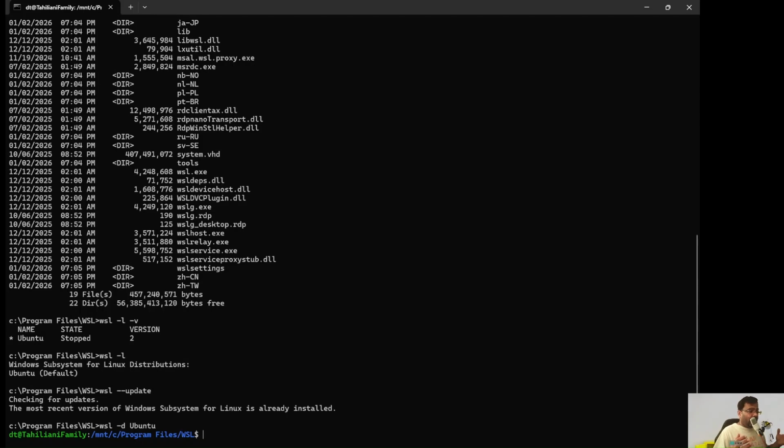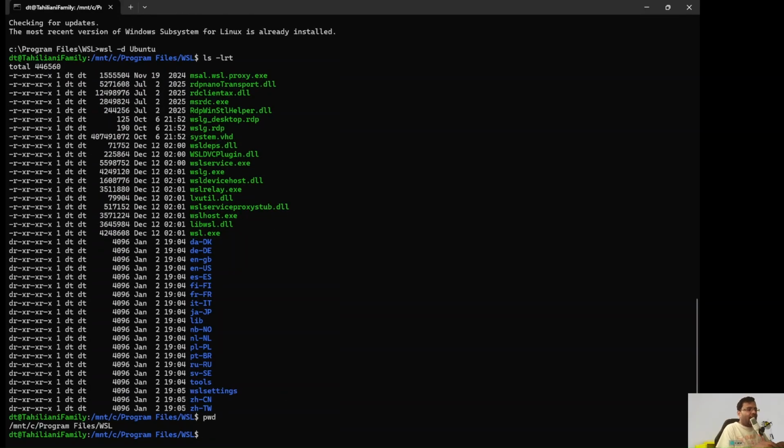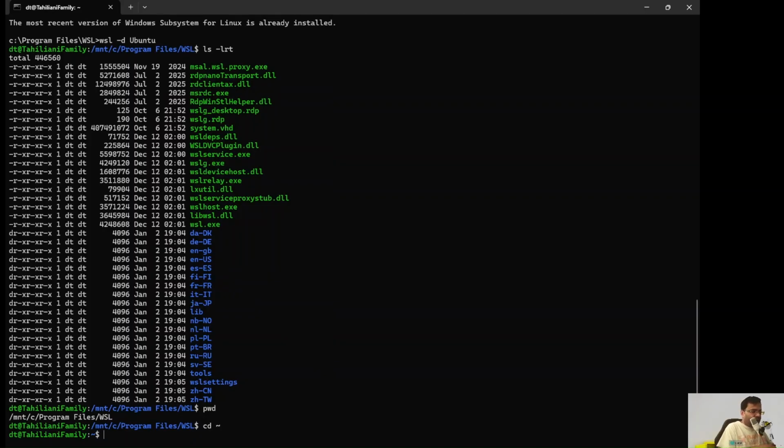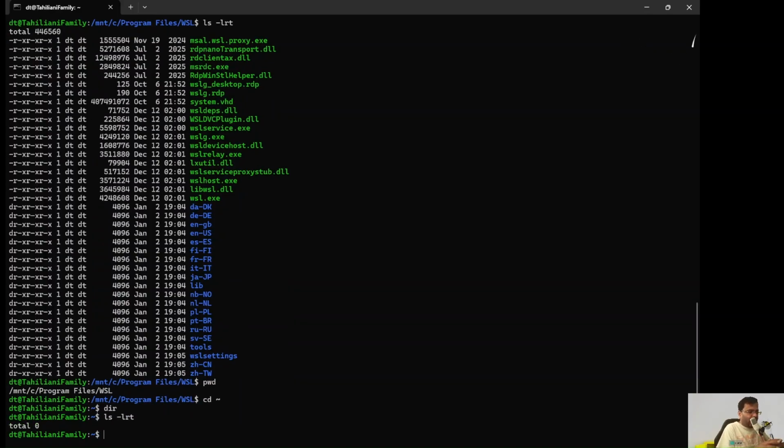You can see on my screen that I have already logged into the Ubuntu machine of the Windows Subsystem for Linux distribution, and here I can type ls -lrt and pwd commands. So I am already in that. The moment I type cd, it takes me to the root directory, and I type ls -lrt. There are no folders there, but you can use mkdir or the touch command